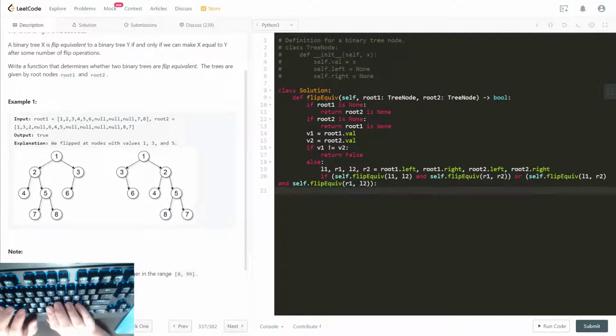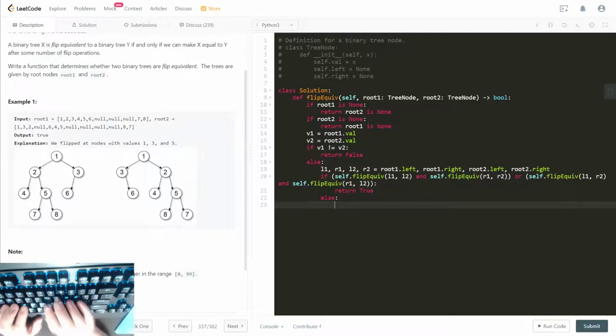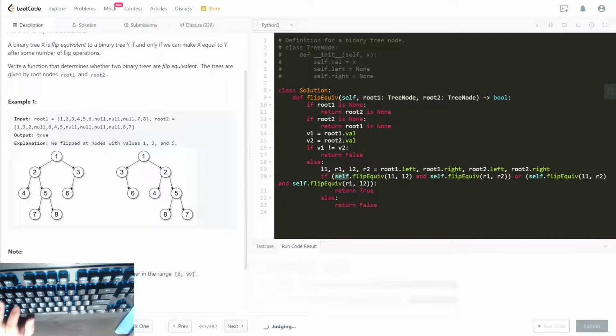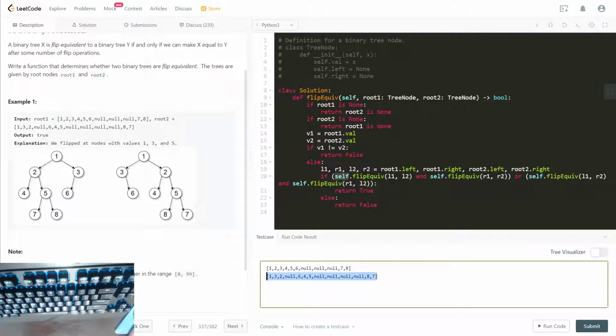Then I would say return true. Okay, and else, otherwise return false. Well, it's kind of weird that I forget if I should pass the self here or here, but let's run the code and see what's happening. Okay, we got the result we want for the example test case,